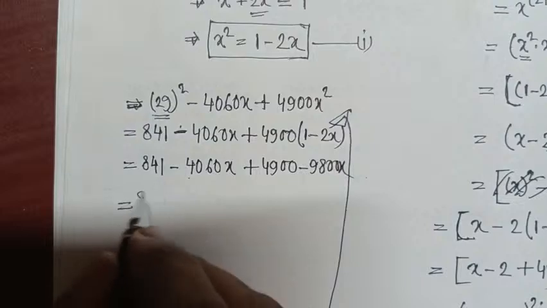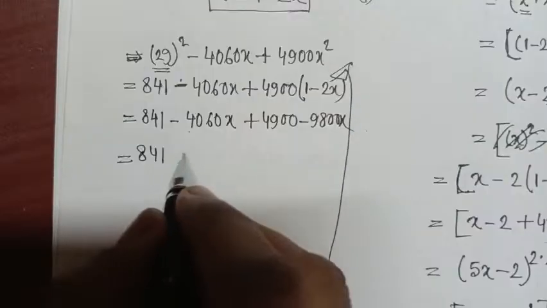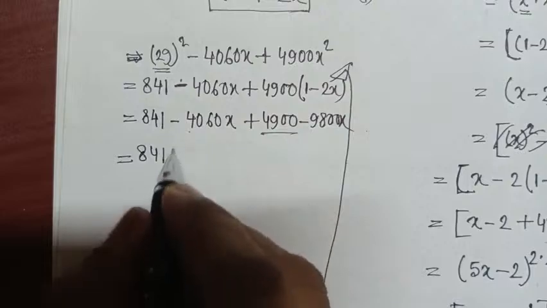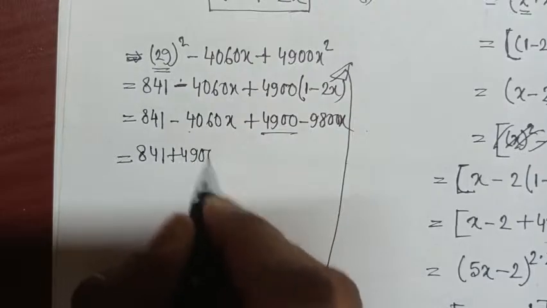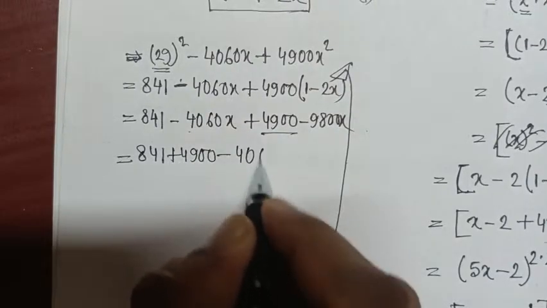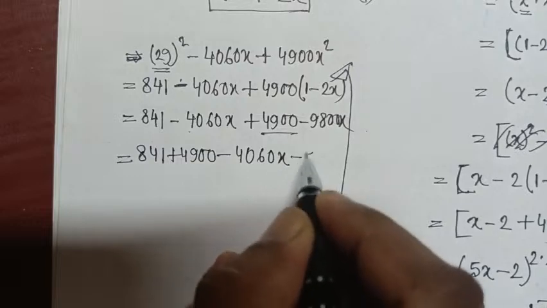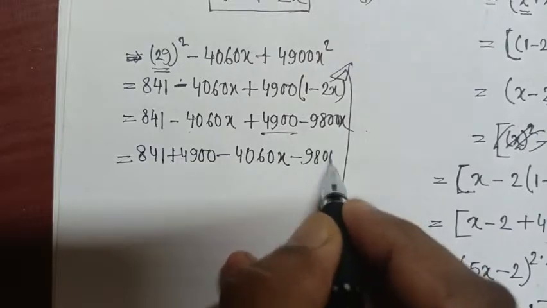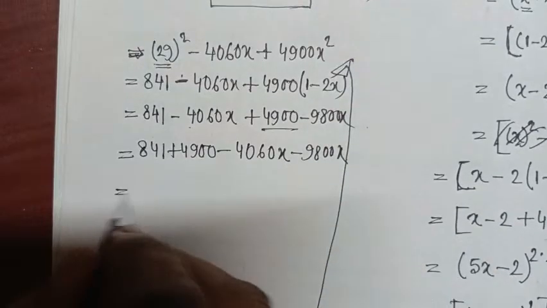Now we get 841 plus, we move this 4900 here, 4900 minus 4060x minus 9800x. Now we get here